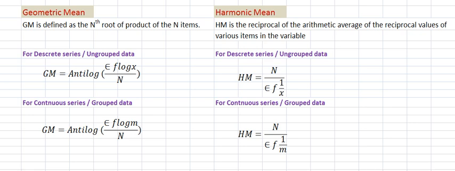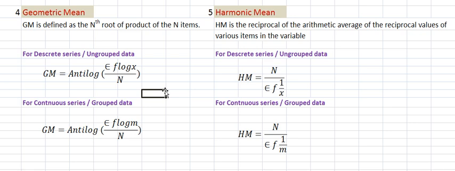Now the fourth method and fifth method of measures of central tendency, as you are seeing now: the fourth one is geometric mean, then the fifth one is harmonic mean. So these are the fourth and fifth ones. Clear? So in this presentation we will check the fourth and fifth means.